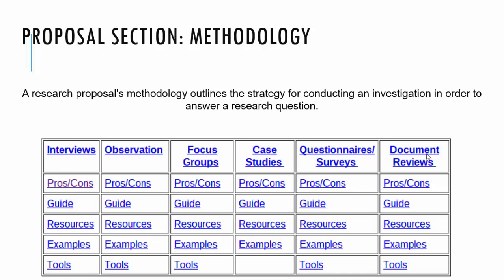So you want to have a lot of first-hand accounts. Those documents that have been written, the actual pieces of data that have not been interpreted, are really good pieces of information because you can go and look at those documents and you may find something that another scholar has not found, and you can talk about the information you found directly in that document. So document reviews are another really great way of finding out information and using that information to support the argument you're trying to make.